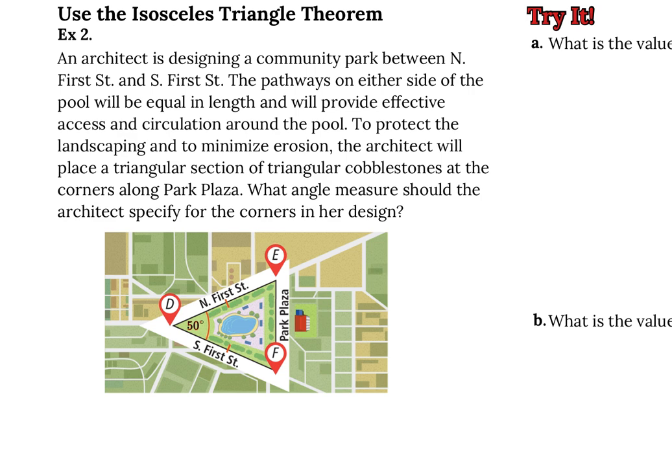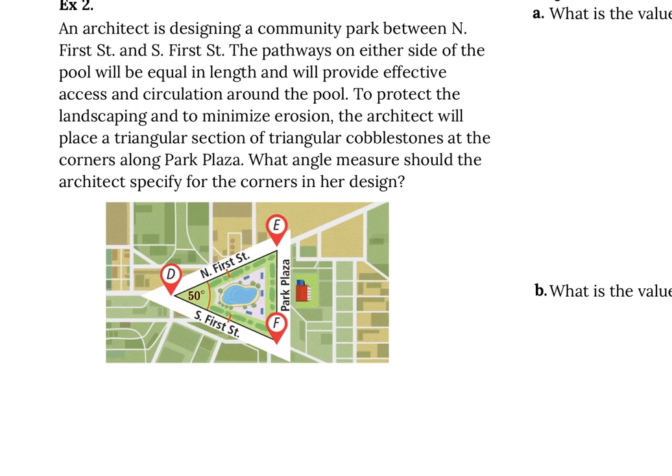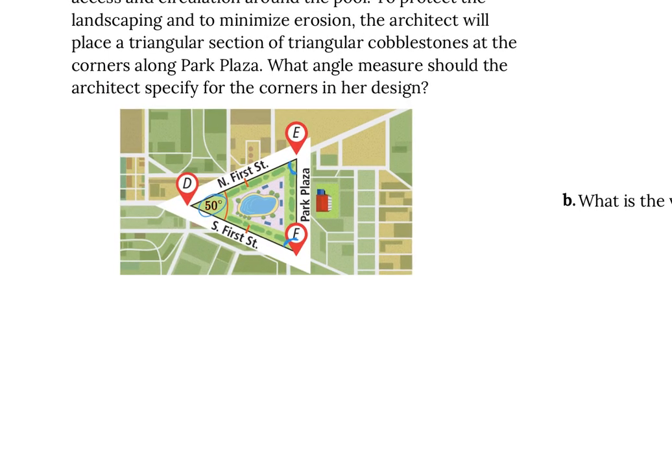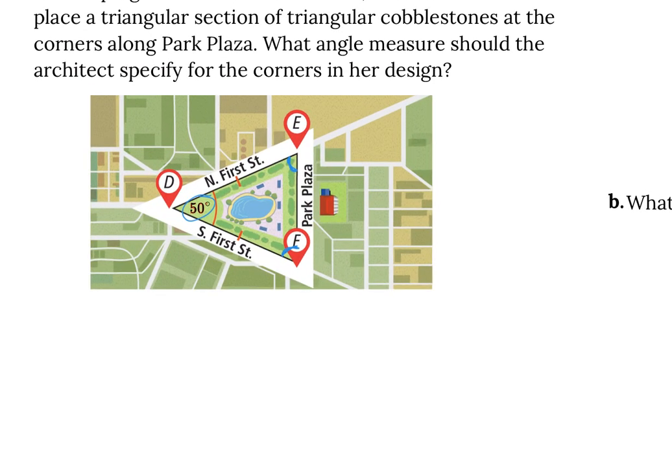Okay, so we need to figure out what angles we have. They told us that we have a 50-degree angle. Then we need to identify these two angles. We know that those two angles have to be congruent to each other. We know that all of the angles inside of a triangle will add up to 180 degrees. So that means that the measure of